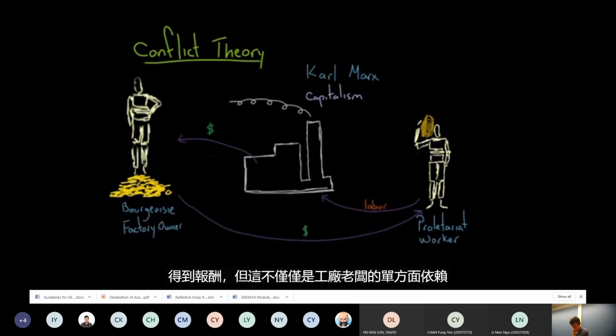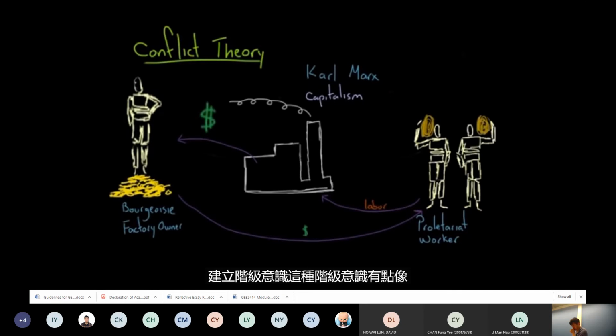But this wasn't just a one-sided dependence. The factory owners were also dependent on the workers to work in the factories, though they would never admit it because they would lose some of their power. There was a significant economic inequality between the factory owners and the workers. It was this economic inequality that Marx believed would fuel a change in society. As the working class realized they were being exploited, they would unite to create a class consciousness. This class consciousness is kind of like getting everyone on the same wavelength so they can be stronger and overthrow